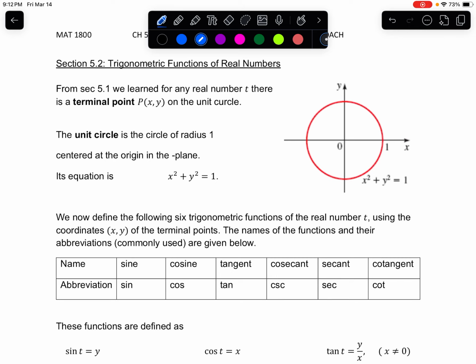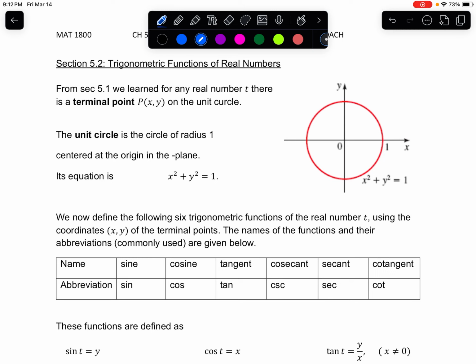Section 5.2: Trigonometric functions for real numbers. Recall that from section 5.1 we learned that for any real number t there is a terminal point (x, y) on